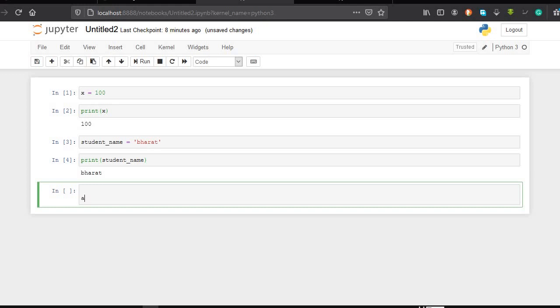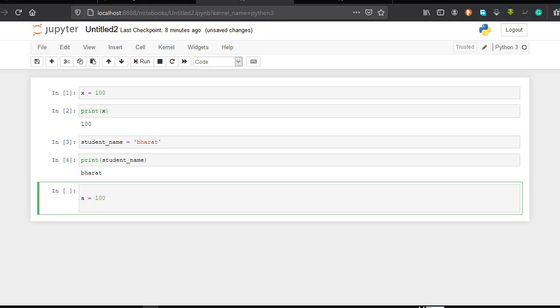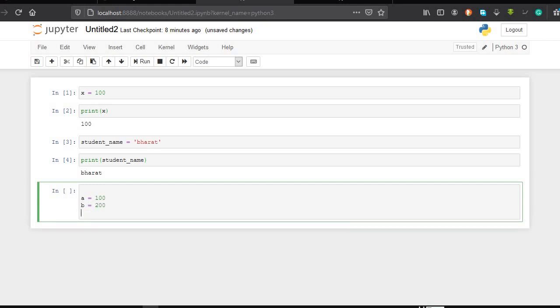Now let's see another example. Suppose I have two variables here named a, which holds the value 100, and another variable named b, which holds 200 as a value. Now I want the sum of these values, so we can also do this here.